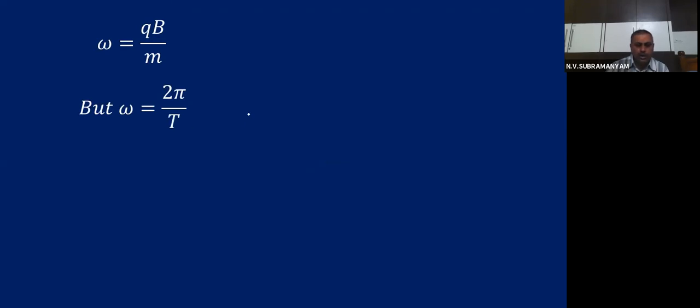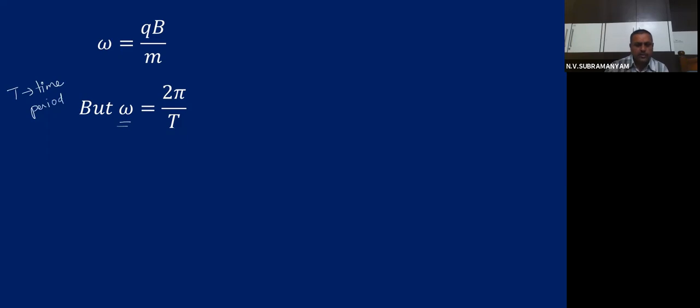And you know already, last year in the time period derivation, you learned omega is 2 pi by time period. Capital T denotes time period. What is time period? Time for one revolution. So when it is already undergoing a circular path, we understood. Then what is the time period? I want to know. So let the time period be capital T. So what is T here? Time period of revolution of the particle.